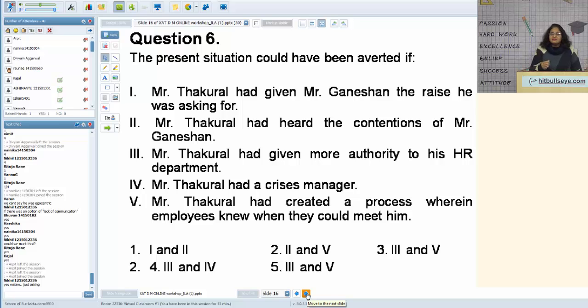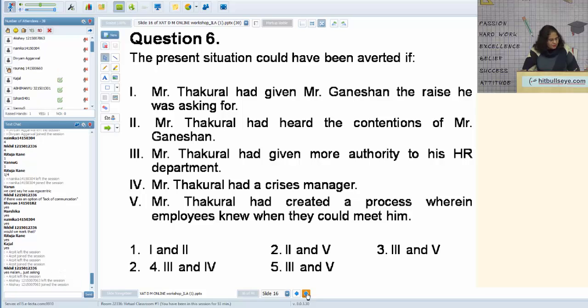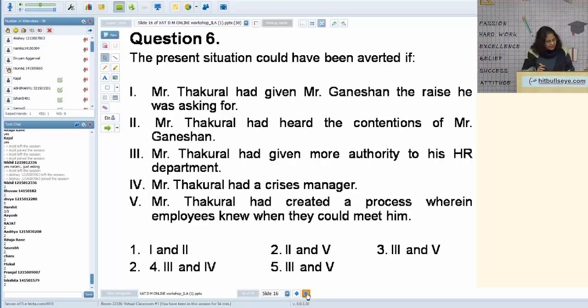So the next question, based on the same caselet, here we'll see what all needed to be done to avert this situation. So this is where you don't have to mark just one answer, but maybe 2, 3, 4. Okay, Nikhil, I got that. And if you look at this question stem, you'll find that we can do more than one thing about it. So Rituja, Rajat, Aditya, Saurabh, Charu, Mukul, you all feel that Mr. Thakural had heard the contentions. Yes, that is important, because that's what